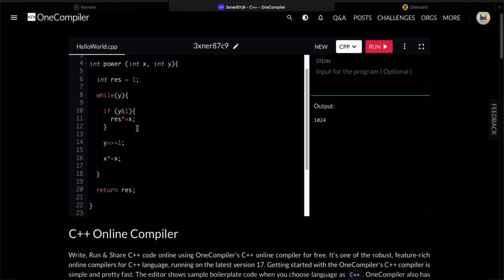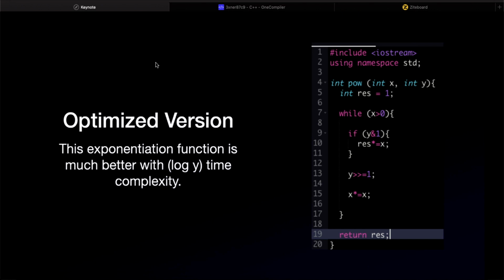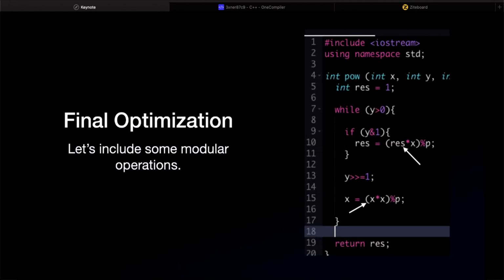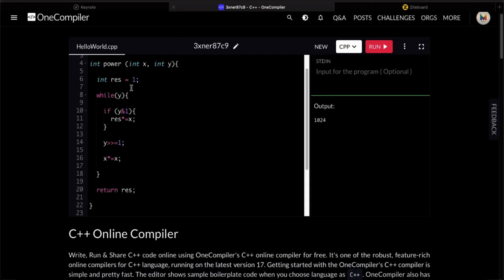Now, there is a really small optimization we can do to this. It's already very fast now. It's log of y, but we can do a final optimization, and we can just add these modular operations to it, and it'll be just perfect, right? So let's see how we do this. Now let's look for the action areas. Before doing that, we might want to pass on